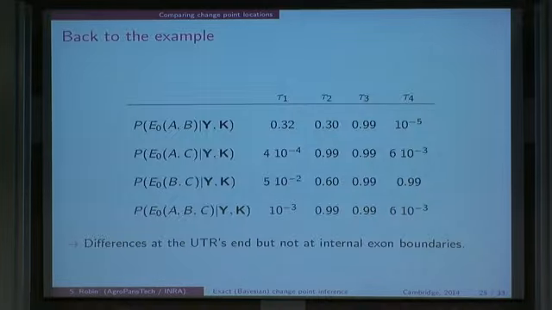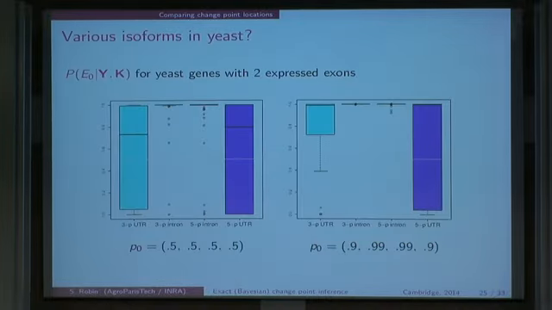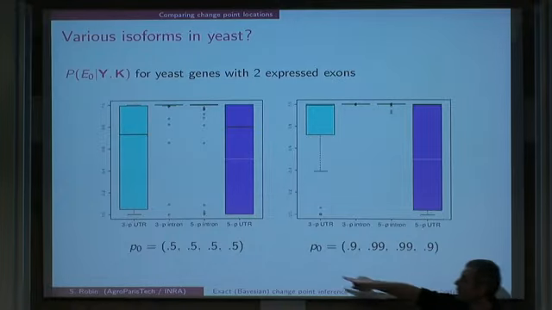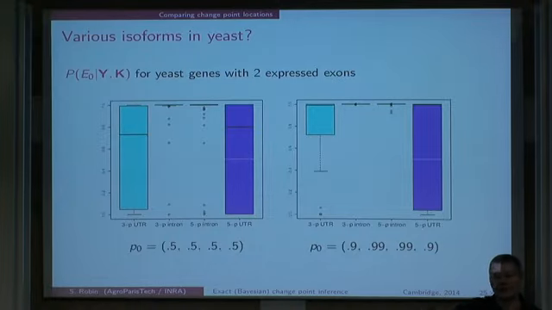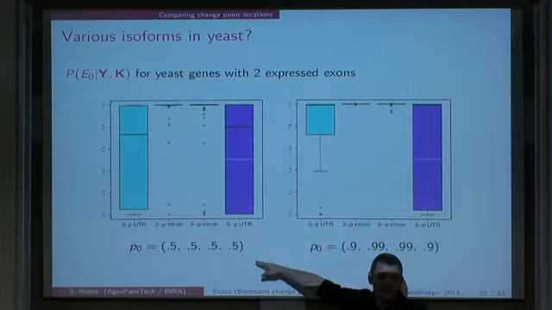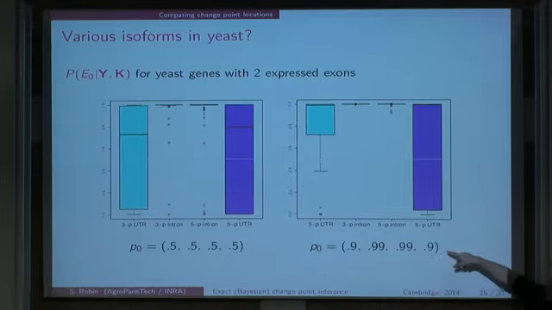And when you go and have a look at all the genes that have two exons in the yeast, and for which both exons were expressed, you end up with the same thing. So here we just played around with this prior probability. Here this is what we did spontaneously because we have no idea, so we put 1/2. And then we go to Sherlock's lab